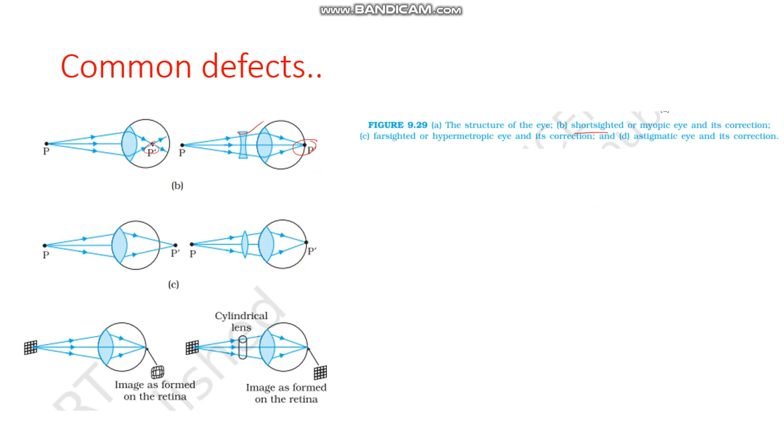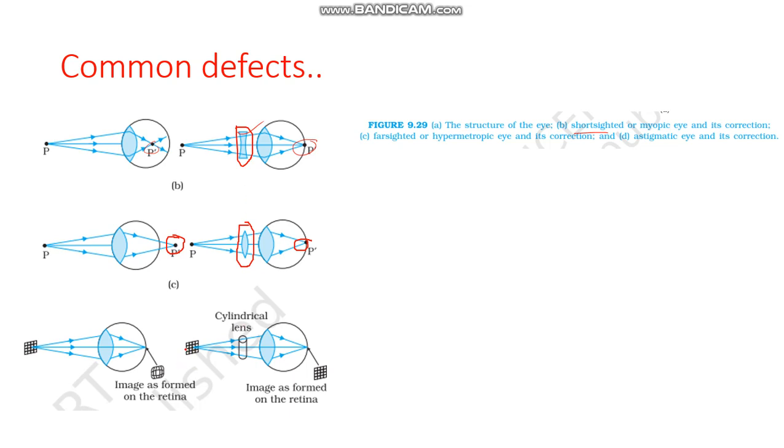See, sometimes what happens is the image is formed before. It should be forming on this black line, but it is forming before. This is called short-sightedness or nearsightedness. It needs a correction, and the correction is this. They put a concave lens in between so that this image shifts, P dash moves to P. In the second situation, the image is formed outside, so it has to be brought back. So we use a convex lens. So this is called farsightedness.